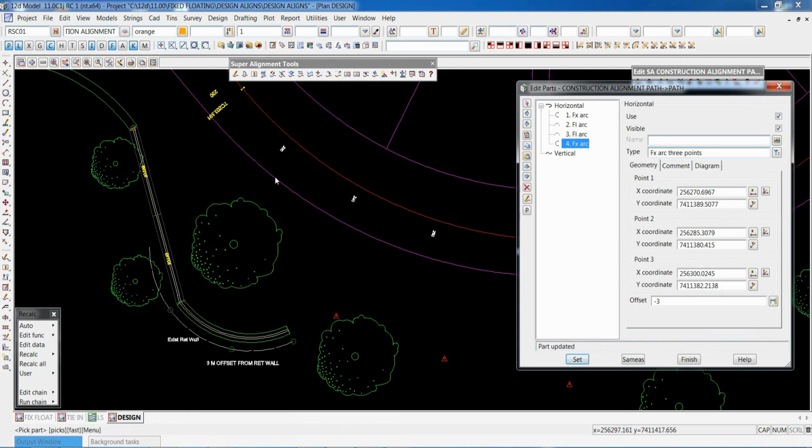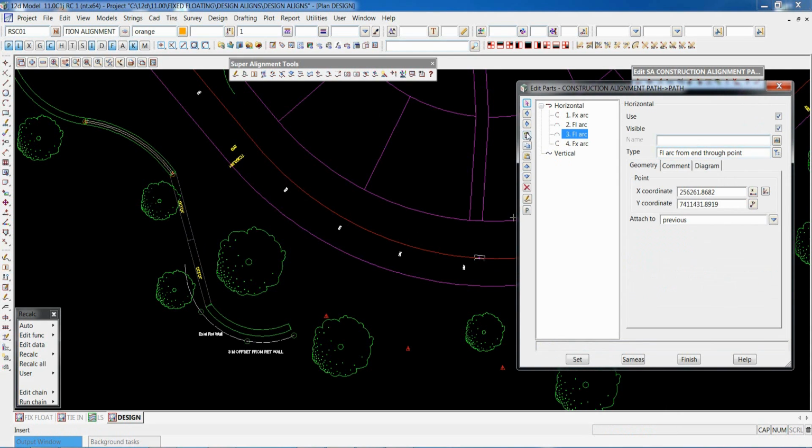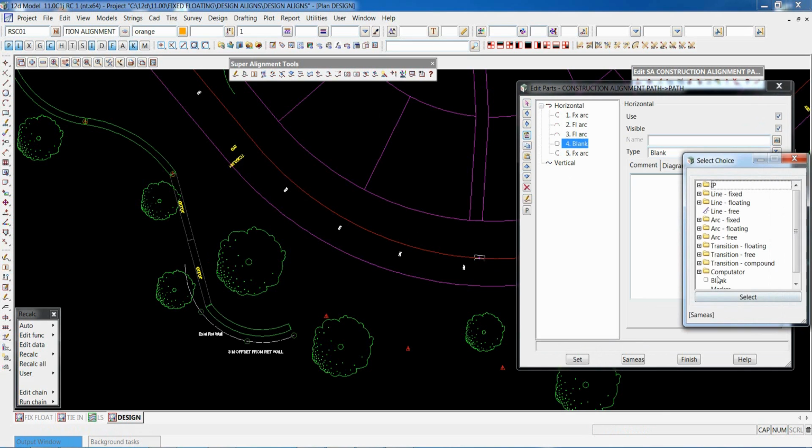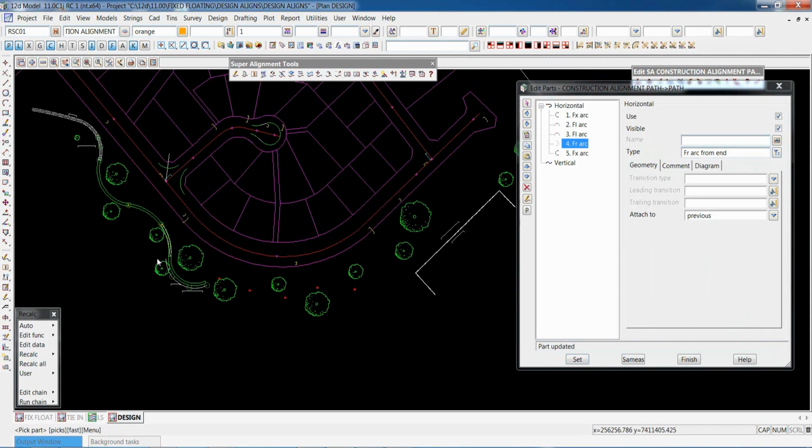Go set. So similar to our row designs and all the things we've been doing before, we've got a fixed part here, a solve part there. We need to put something in between here for the final one. So that's going to be a free arc. We're just going to use the arc free from end. Let's go set. It's going to go from the previous arc here and then tangential to the extended existing arc, or fixed arc.